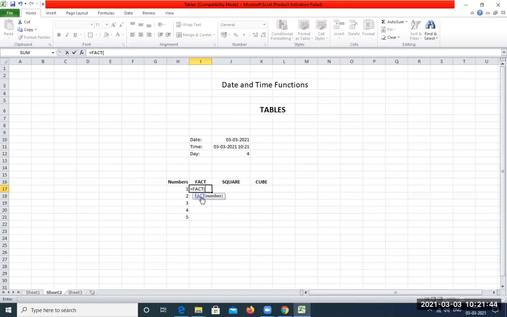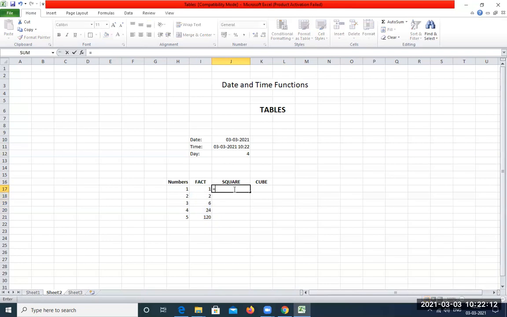The factorial is to be calculated for these 5 numbers. So we write this function and then select this cell which contains 1, and the cell is H17, because H17 cell contains the digit 1, and then close this bracket, press enter. So again select this and then drag. So the factorial for the rest of the numbers is generated.